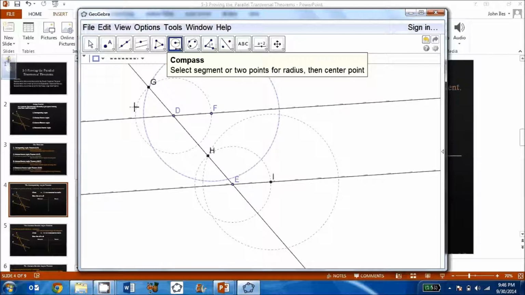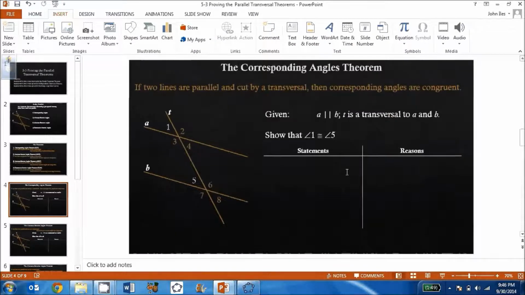We can measure all the rest of them very easily by intersecting the sides and then checking, and it's all going to come out the same. All four of the corresponding angle sets are going to be congruent to one another. Alright, so this is why we take one of them as a postulate. We can prove it by construction. So we would say